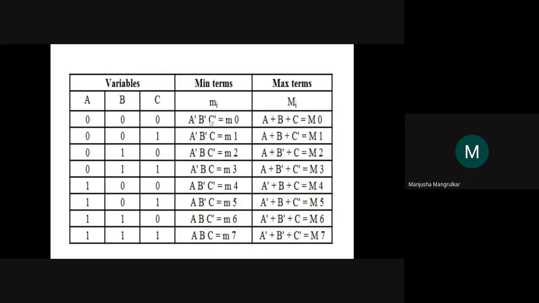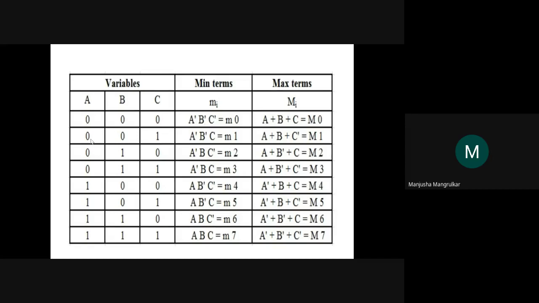Here this is an ANDing term, a complement and with b complement and with c complement, right? Now here the ORing term, a is ORing with b and b is ORing with c. So these are just reverse terms. Min term and max terms are the reverse terms. This max term is an ORing term, min term is an ANDing term.